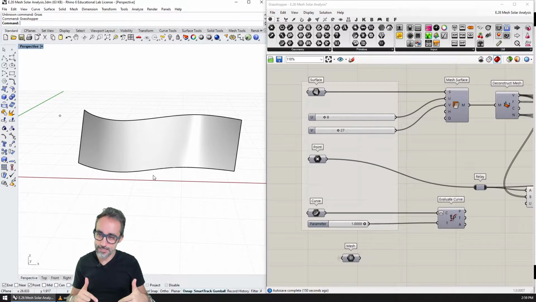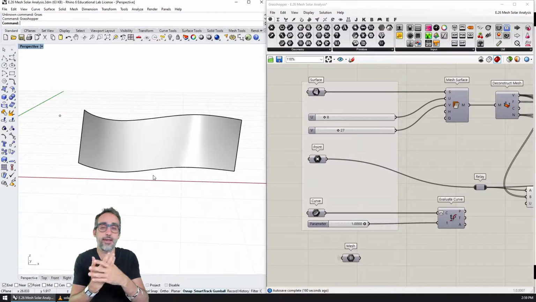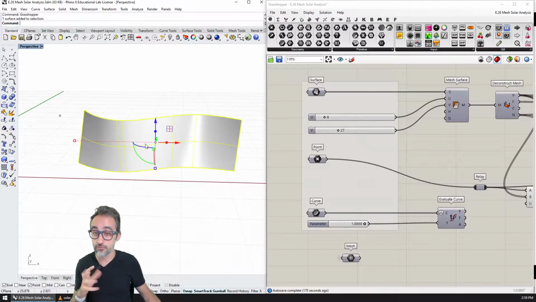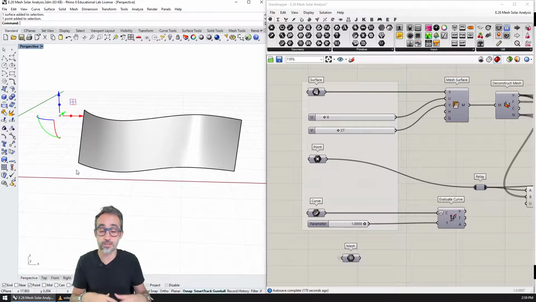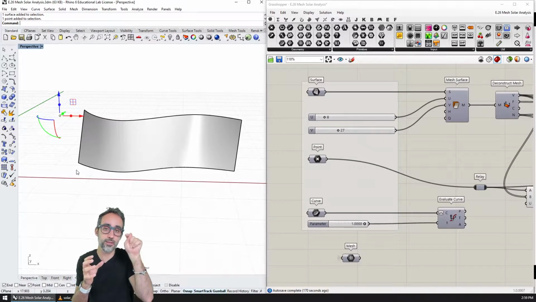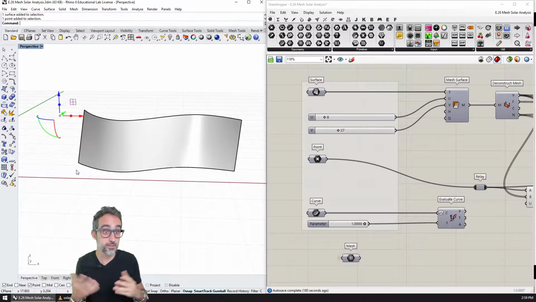In this exercise, what I would like to do is show you how to use meshes to display information using their property of vertex colors. So the exercise that we're going to do is a very simple estimation of a solar analysis exercise, where I'm going to have a free-form NURBS surface that I will turn into a mesh. And I'm going to have this point that is going to represent, for example, a sun that would be hitting the surface with a set of rays.